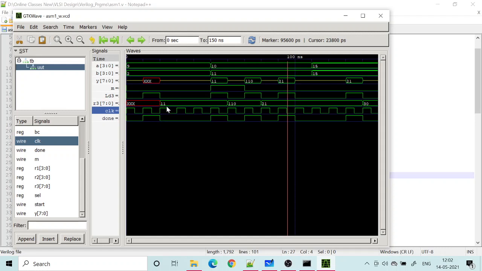But when LD3 was made high, the result was not available to be loaded. So at the previous active edge of the clock, what gets loaded is basically the earlier result. Whatever was remaining was getting loaded, but the new result takes some time to come.